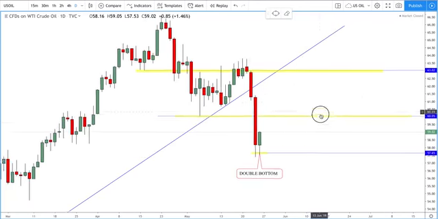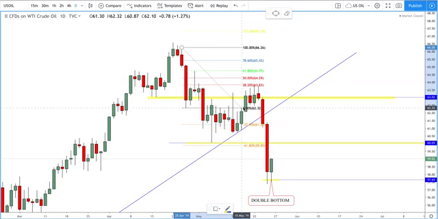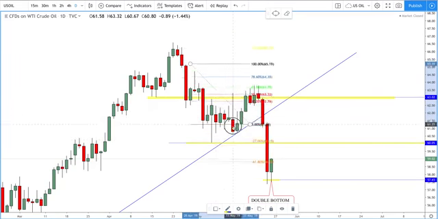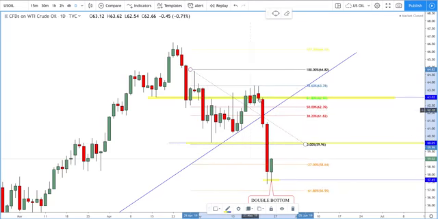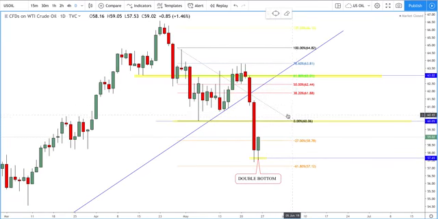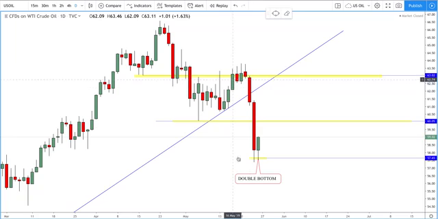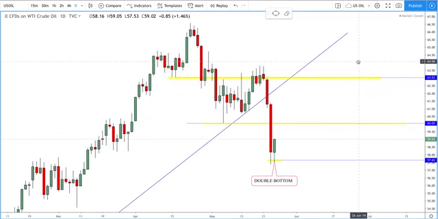We had a couple of really nice Fibonacci moves there. Remember this one originally, A, B, C, D, and then we had a new one with A, B, C. If I just put that on properly, you can see that daily rejection, 1, 2, 3, 4, all around the 61.8% rejection, then it broke through and hit the Fibonacci extension. So I'm looking for this to come up higher. Again, that's just the overall view that I have on the market this week.